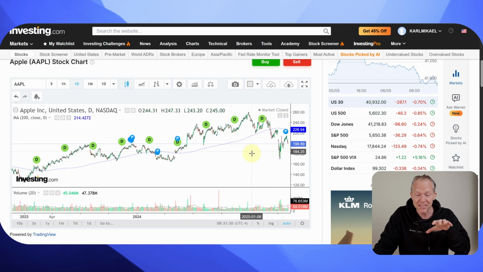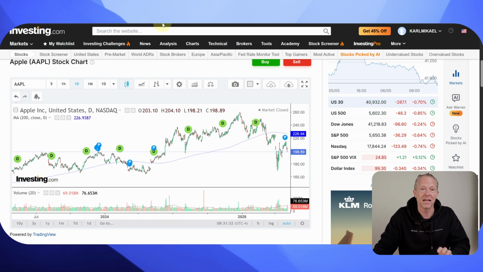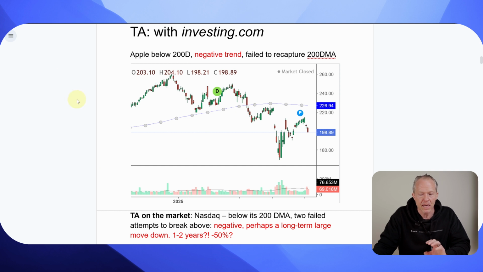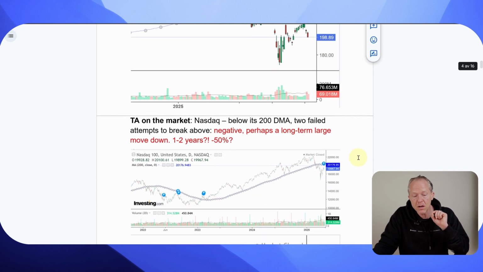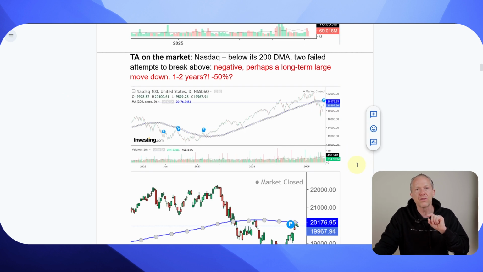So there is pretty much downside room here for Apple to move, and we'll see about the valuation part later. If we also add in our TA on the market, I prepared a chart here for NASDAQ, and